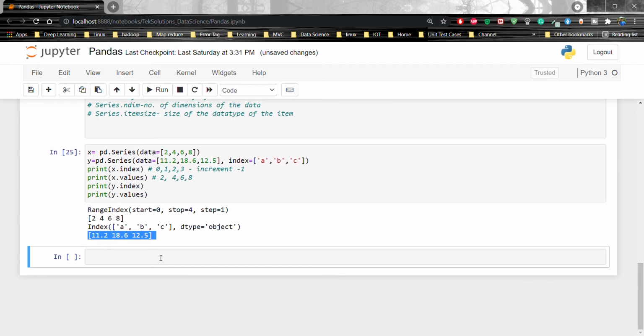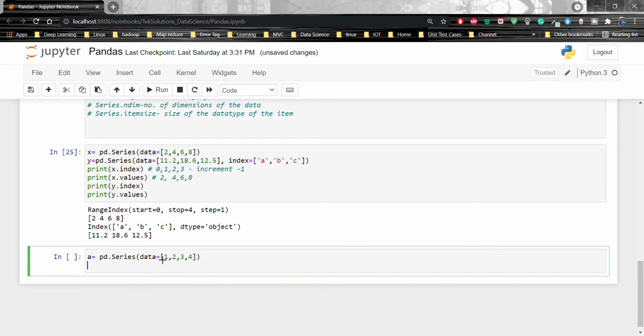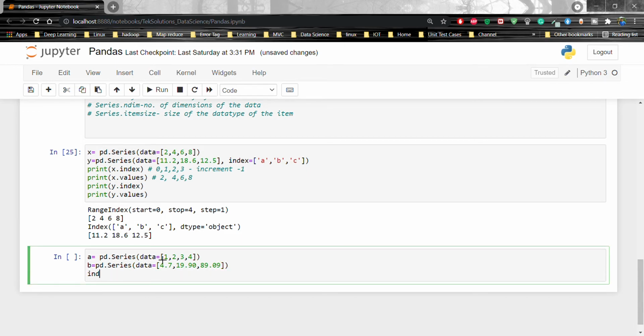Let's go down and create a series first. a equal to pd dot Series, I'm going to pass data equal to 1, 2, 3, 4, and b equal to pd dot Series with data equal to 4.7, 19.90, 39.909. Okay, now for the index let's use x, y, z.